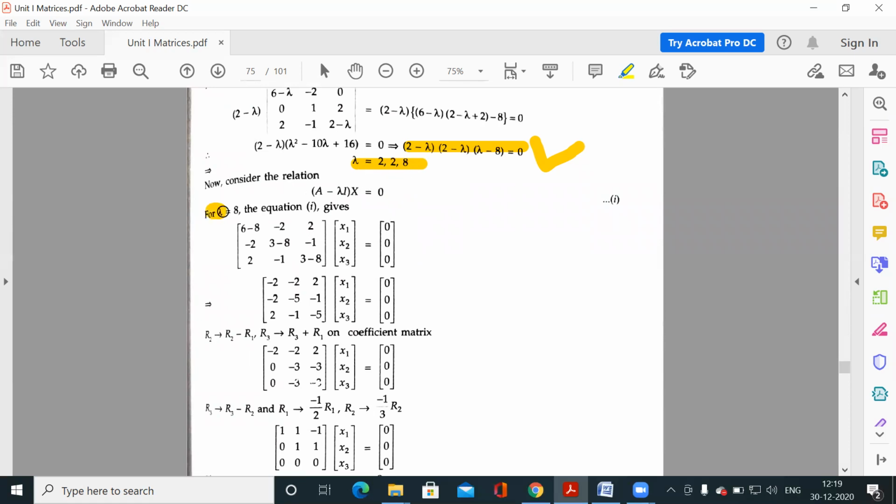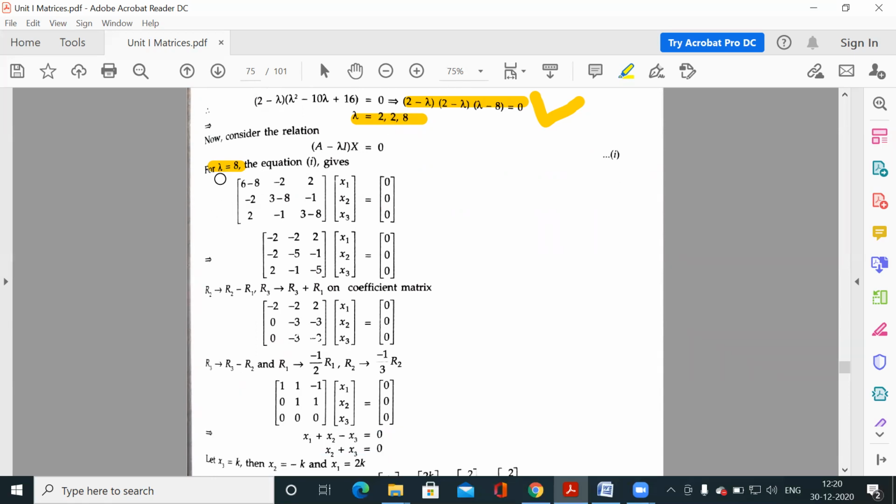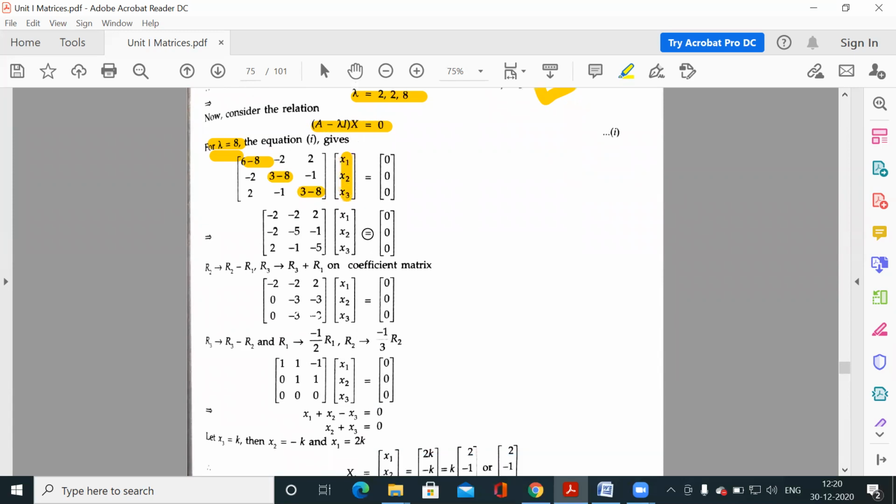So first we are finding out the eigenvector corresponding to 8, because this is independent, means it has multiplicity 1. There is no order actually. You can find out corresponding to 2 also. So first they are finding out with respect to 8. So we have to solve A minus lambda I times x is equal to 0. So lambda is now 8. So A minus 8I times x is equal to 0. So we have to subtract 8 from the diagonal elements of A. So 6 minus 8, 3 minus 8, 3 minus 8. And this is your eigenvector x1, x2, x3.